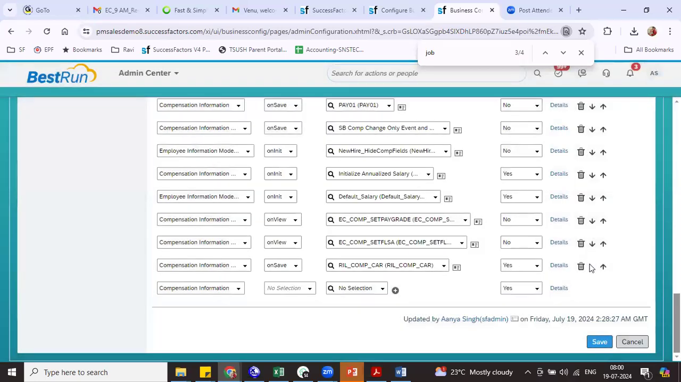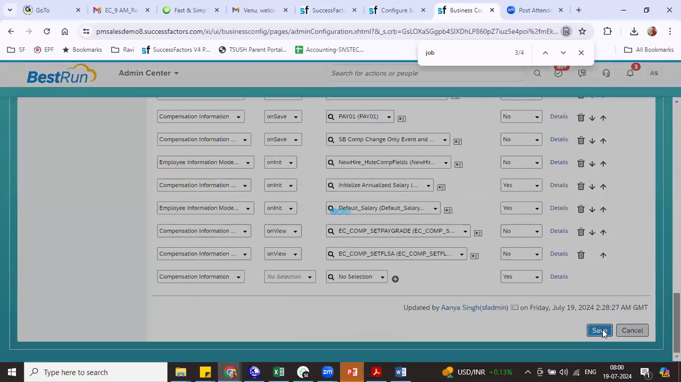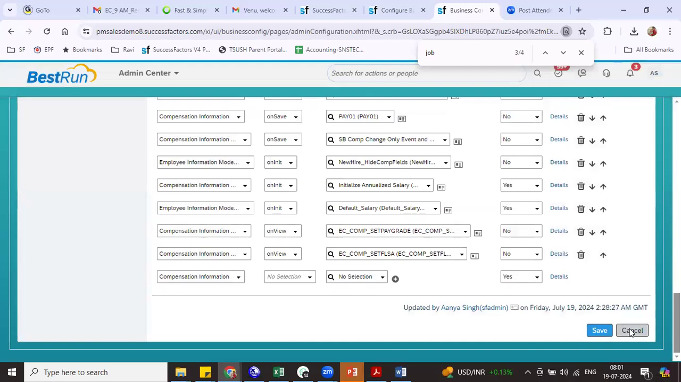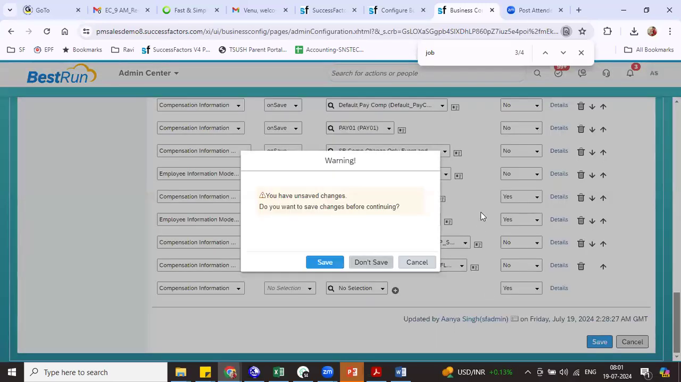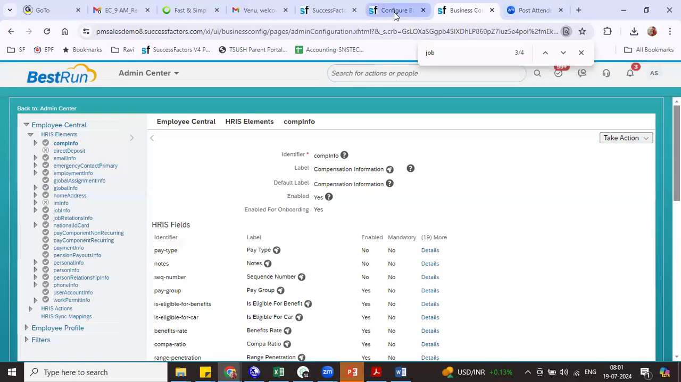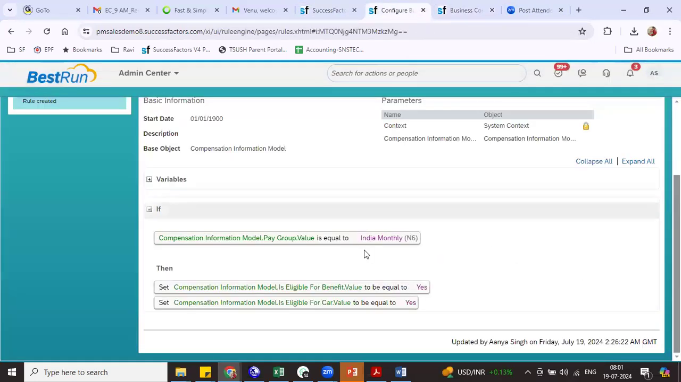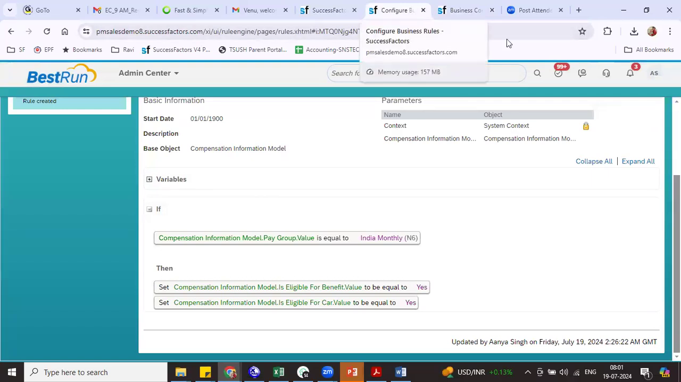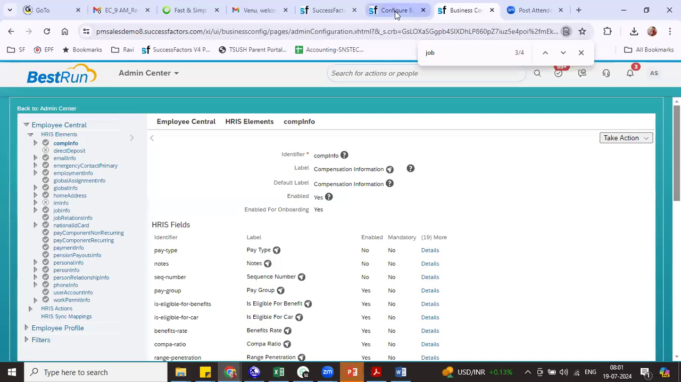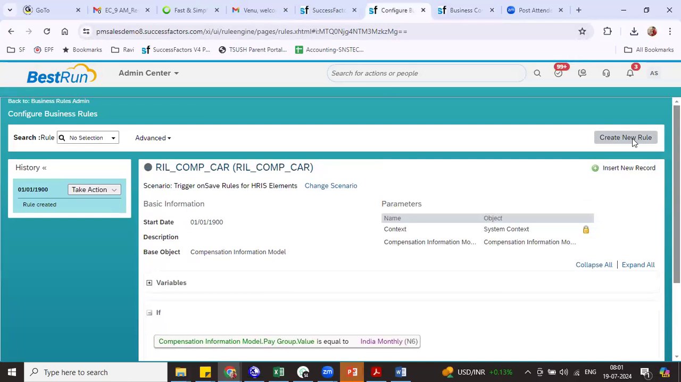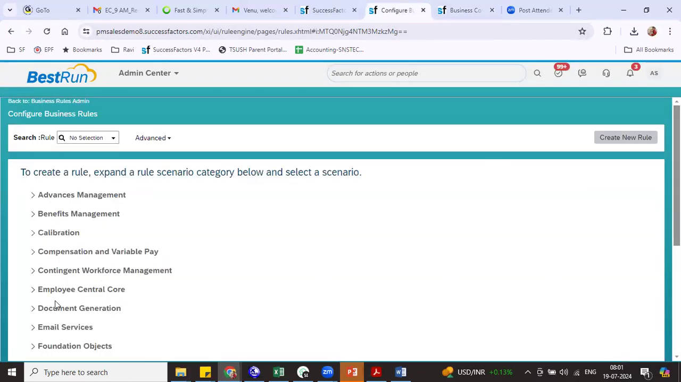Okay. Because we have it here also. Save. Oh, okay, sorry. What I did is you have created it as on save rule, right? So that's why it is not allowing. Earlier, before this release, we were using the same business rule. I think now it is not allowing. So let's do one thing. I'll create similar business rule, create new rule, employee central core,